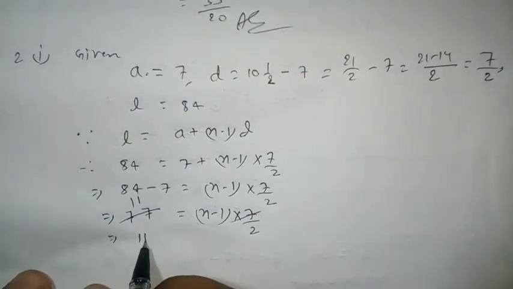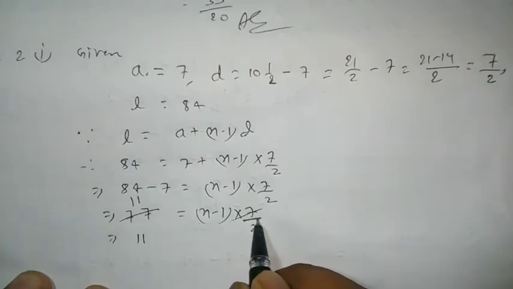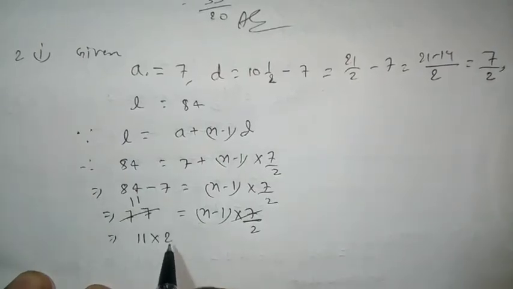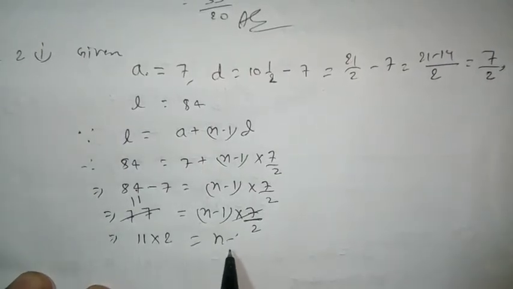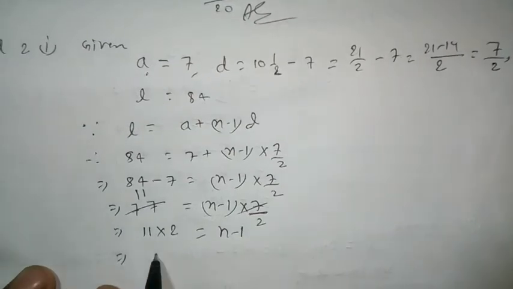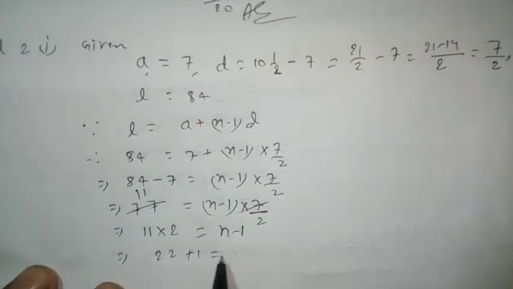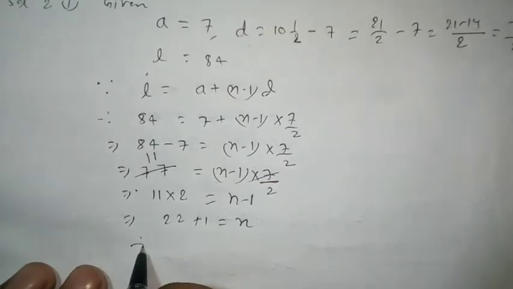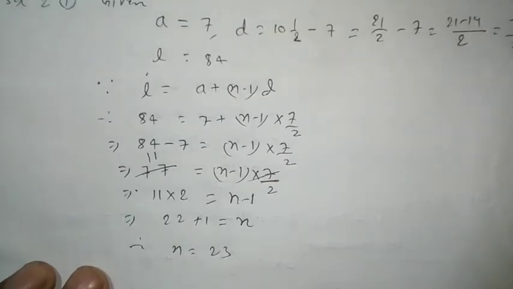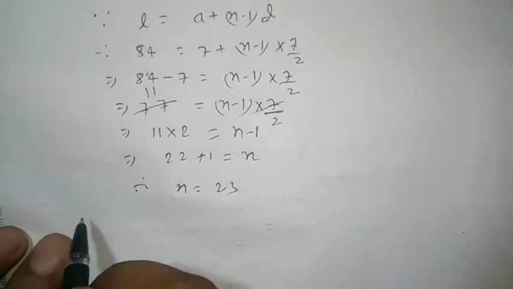So 11 into 2, 22, go to the other side, then multiply is equal to n minus 1, implies 22 minus 1, go to the other side, plus 1 is equal to n, therefore n is equal to 23. Now we know that